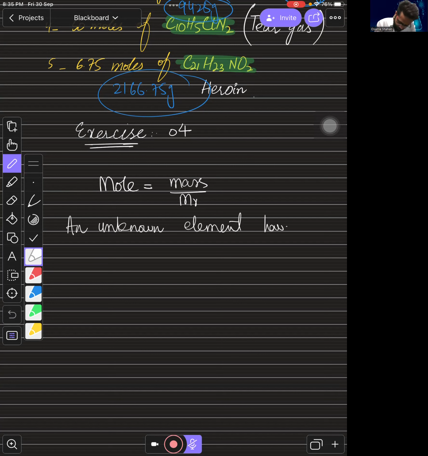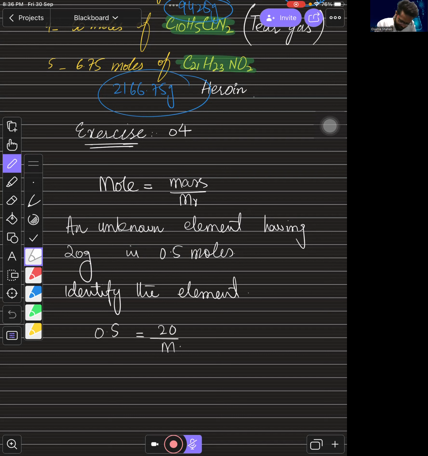having 20 gram in 0.5 moles. 20 grams in 0.5 moles. Identify the element. Right? So how can we solve this? We can solve this very easily. That we know that moles are given to us 0.5, which is mass is given to us, which is 20, and the MR is going to be find out, right? So MR will be